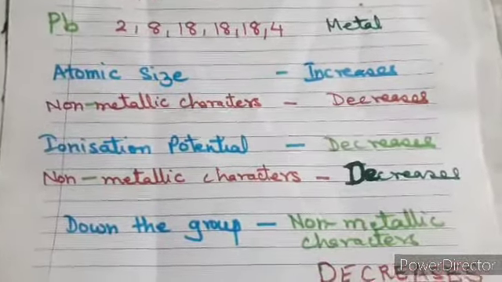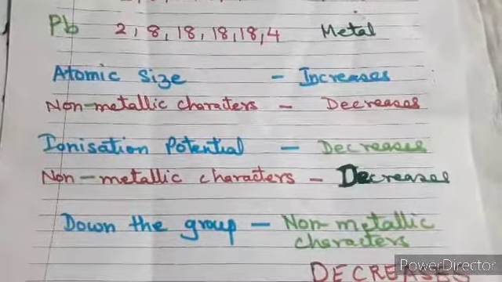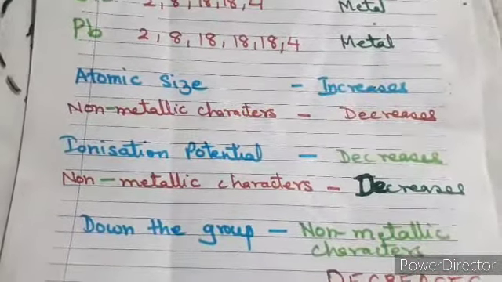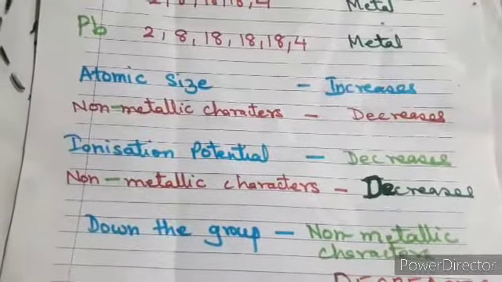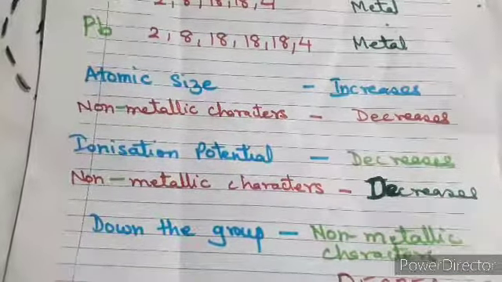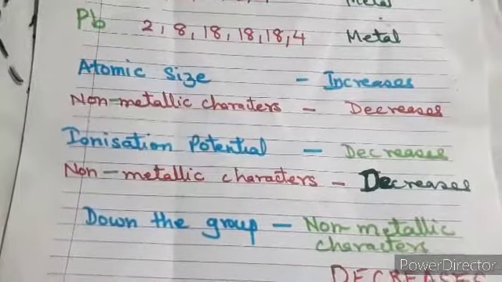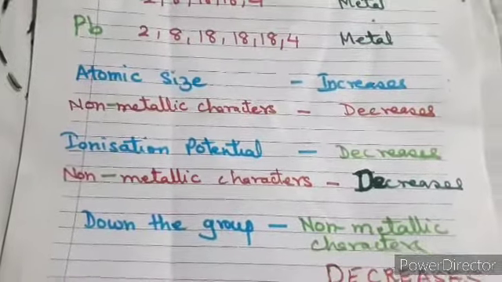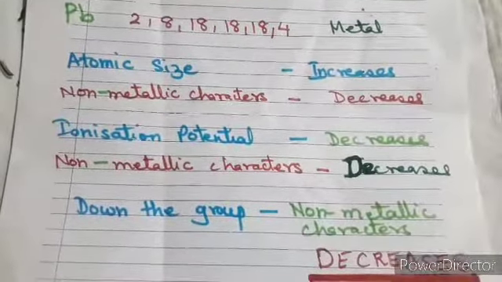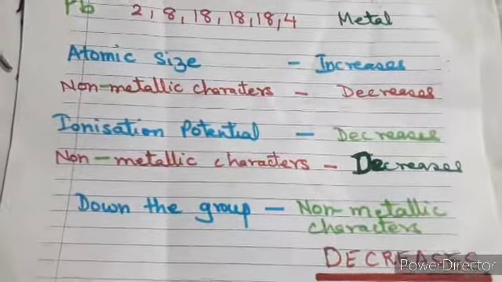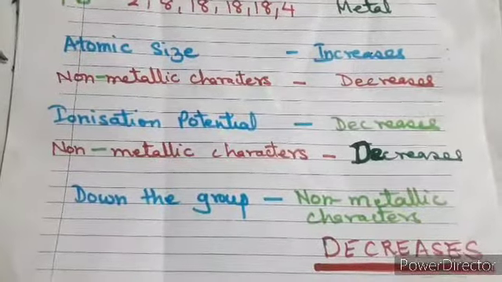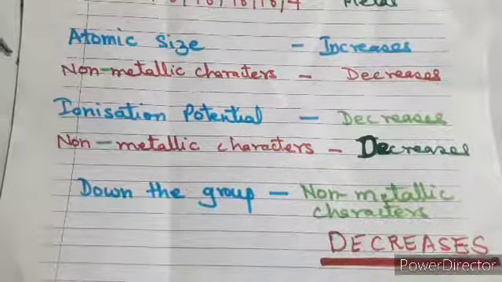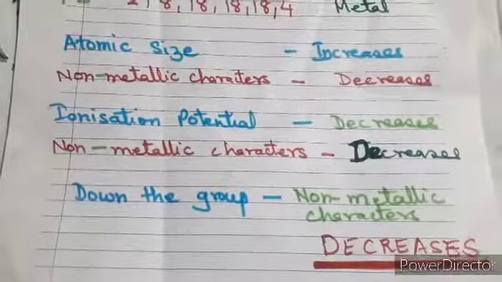Now I think all the concepts are clear to you all, and we are at the end of our chapter. After that, no other points are remaining in this chapter. We have covered all the points for this chapter. And once again, I am reminding you to focus on all the periodic properties and how they vary in period and group. Even be specific: if two different elements are given to you, then in which way you will explain these particular periodic properties for these elements individually, if somebody gives you.